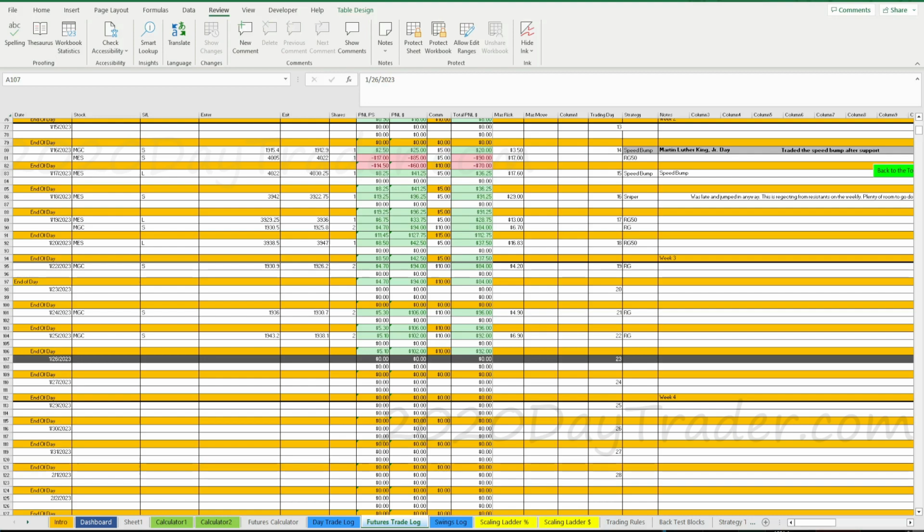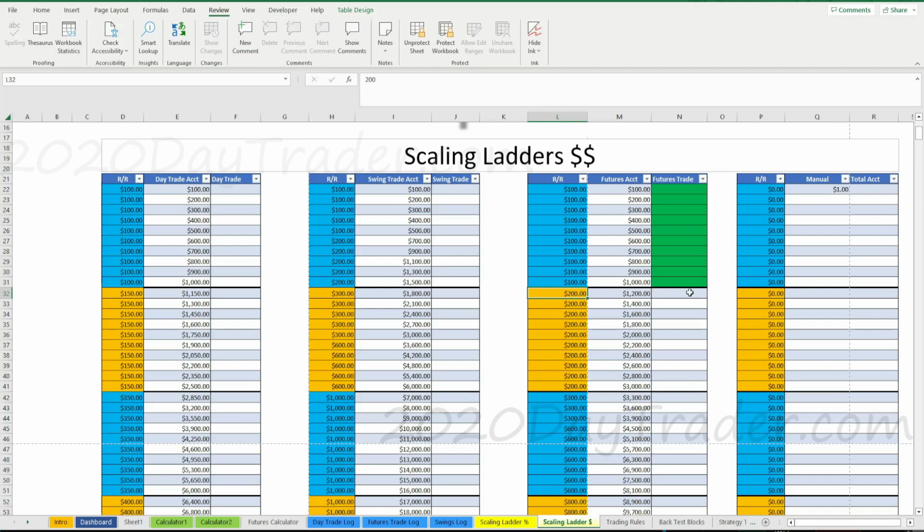And then scaling ladders. Let's see. Do we scale up? Nope. Almost. We have to be so close to scaling up. I think it's right there. So this scaling ladder, again, it does all the work for me based on my trade plan. It's looking at all the data, and then it's telling me where to be. So right now, all these green bars have been filling in. If you've been watching my videos, you've seen this growing. So once this bar fills in here, we can scale up to the $200 range. And if I start taking losses, these bars will go away and it'll scale me back down.